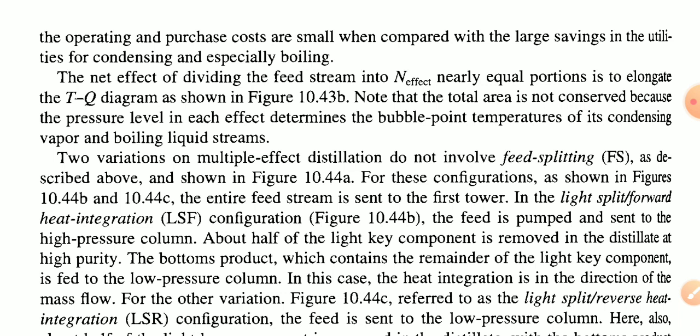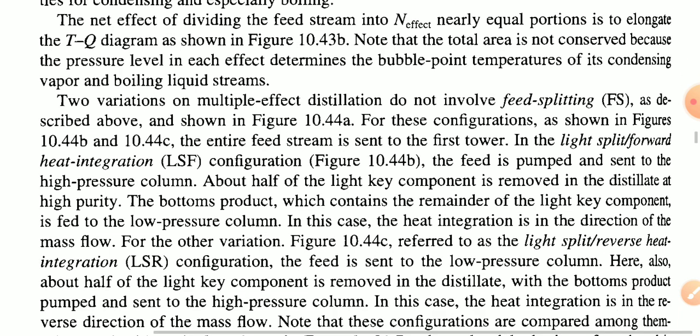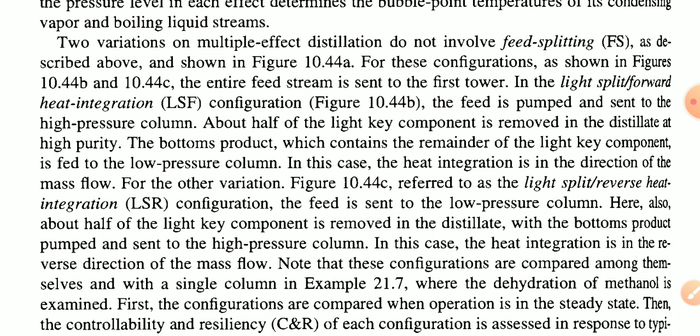Okay, now this simply is the net effect of dividing the feed stream into n effect nearly equal portions, which is to elongate the temperature and Q heat diagram, as given in the figure. Note that the total area is not converged because the pressure level in each effect determines the bubble point temperature of its condensing vapor and boiling liquid stream. The two variations on multiple effect distillation do not involve the feed splitting